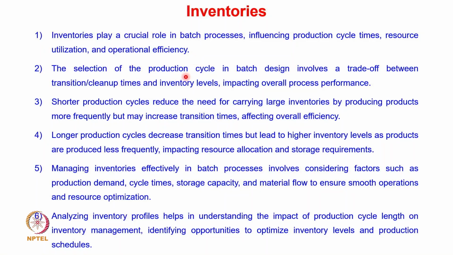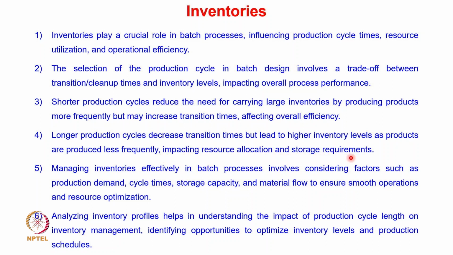The selection of the production cycle in batch design involves a trade-off between the transition and cleanup times and inventory levels, impacting overall process performance. Shorter production cycles reduce the need for carrying large inventories by producing products more frequently, but may increase transition times, affecting overall efficiency. Again, a longer production cycle decreases the transition times, but then we require higher inventory levels as products are produced less frequently, and therefore these products have to be stored in the inventory, impacting